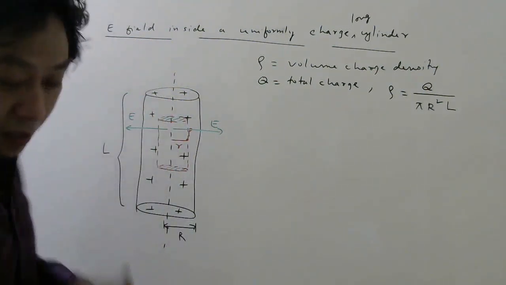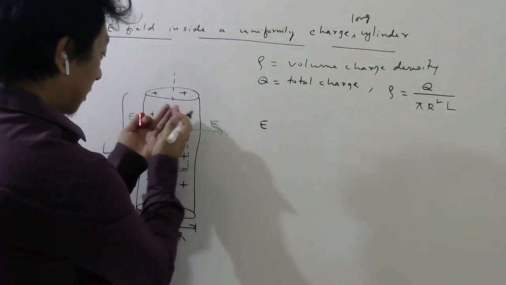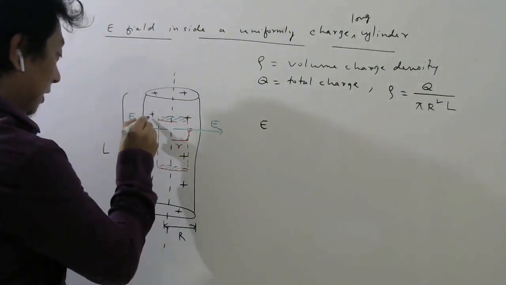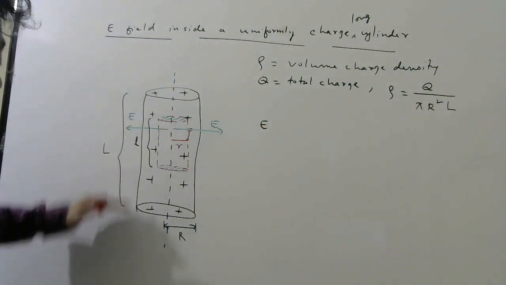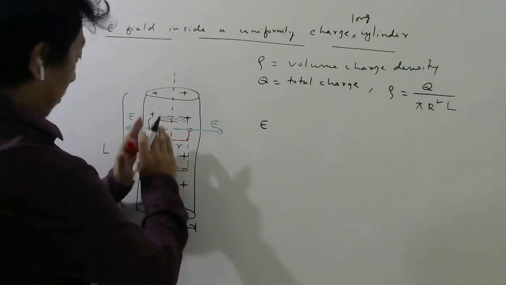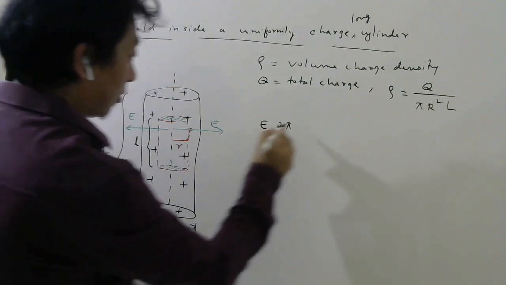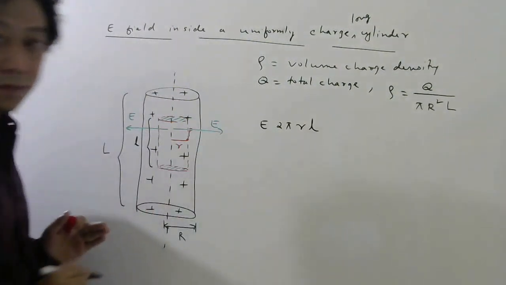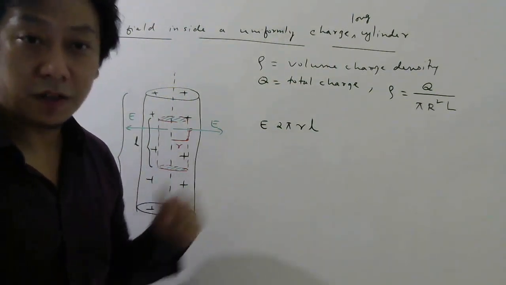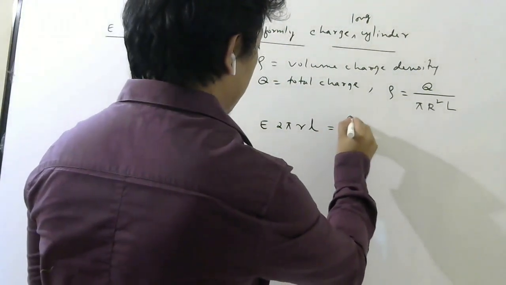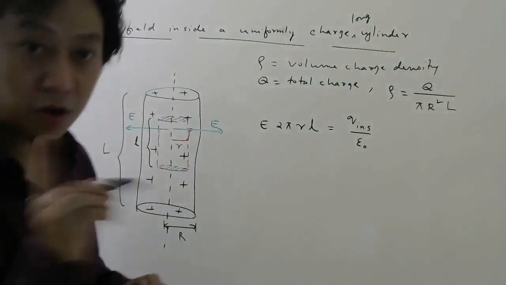Okay. And what will be the electric flux? Let us try to do it faster. So E, the electric field, into this area. Let us say this length is small l. This is small l. Capital L is this. So what will be the area of this curved surface? 2 pi, this radius small r, into L. This red color represents my Gaussian surface, so this is the area of the Gaussian surface. That should be equal to the charge inside divided by epsilon naught. From which law? Gauss law.